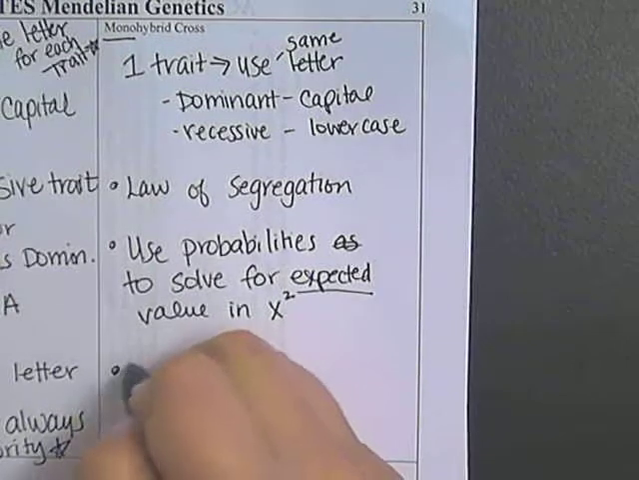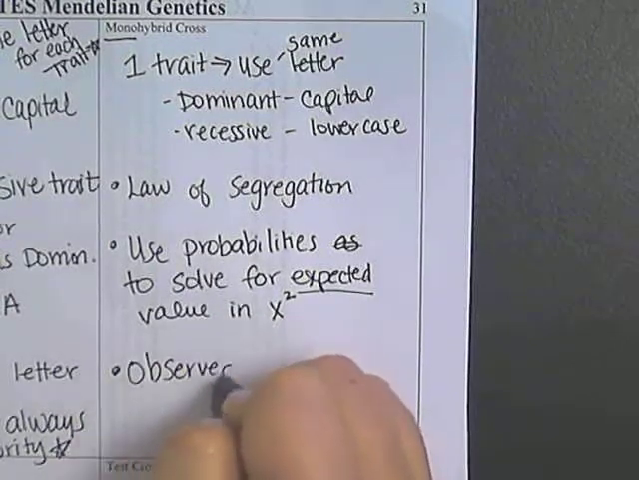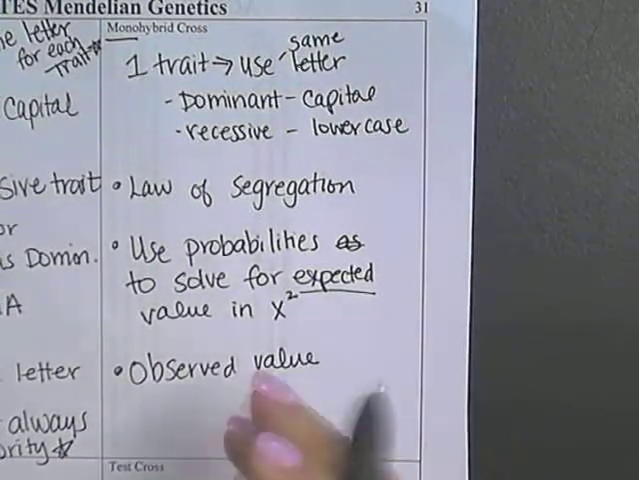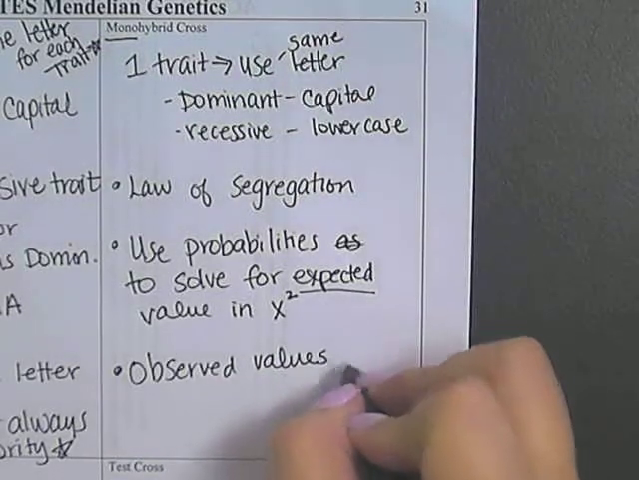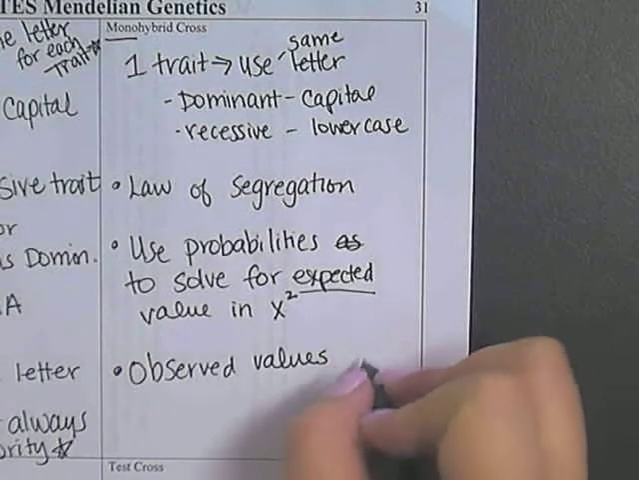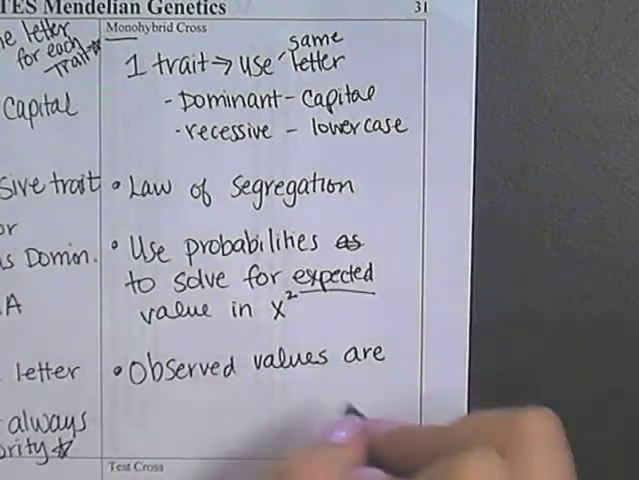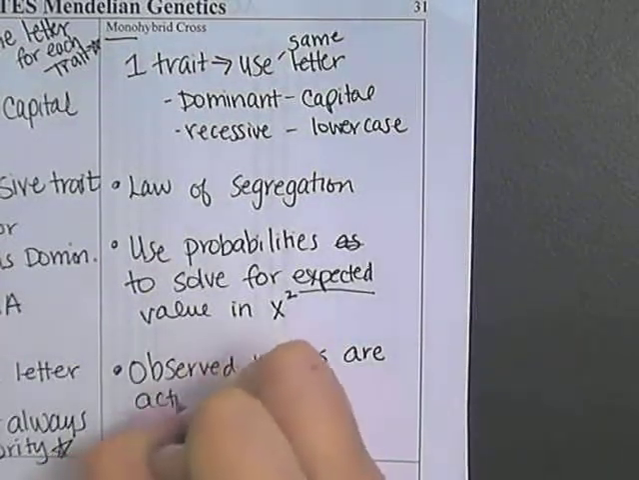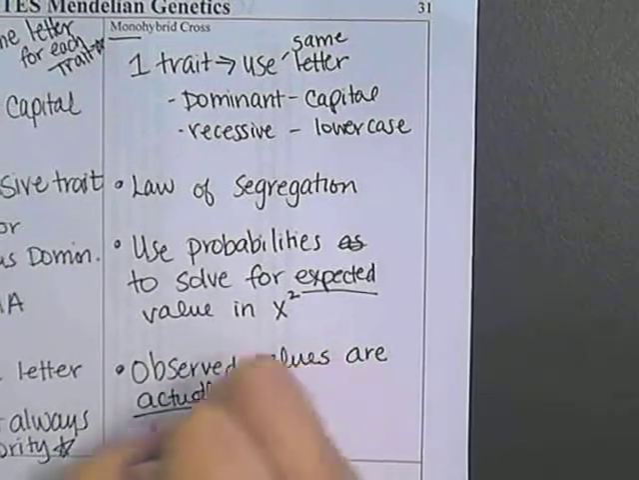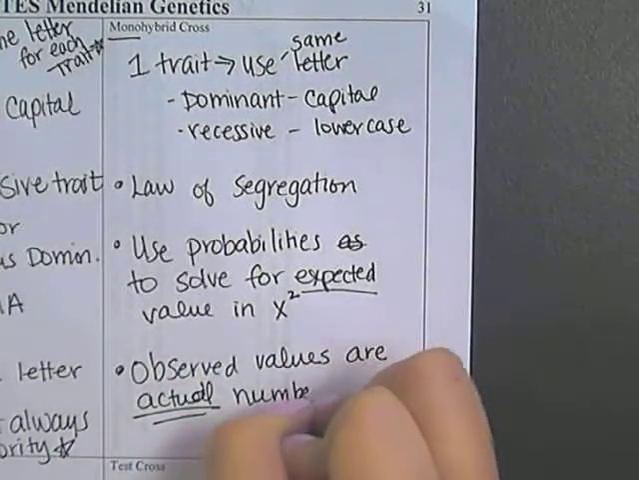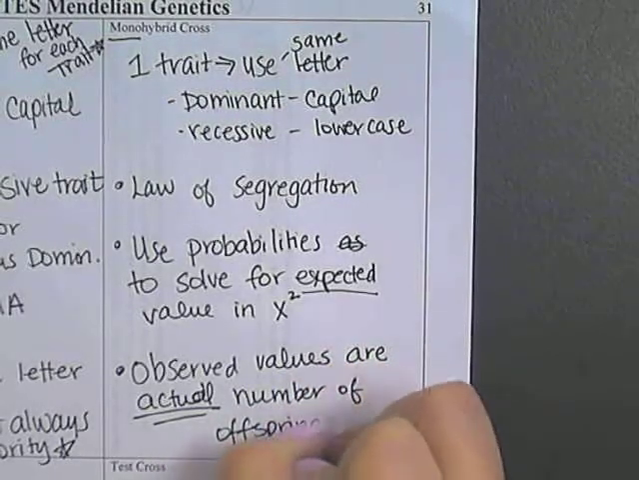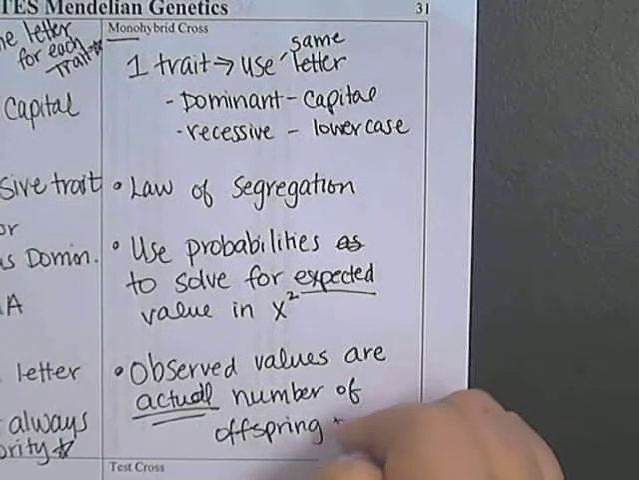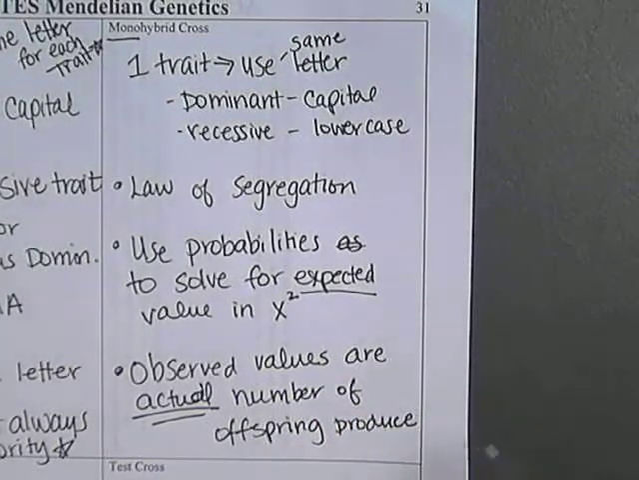The observed values in your chi-squares are going to be the actual offspring. The observed values are the actual number of offspring produced. And then you can use this to calculate a chi-square